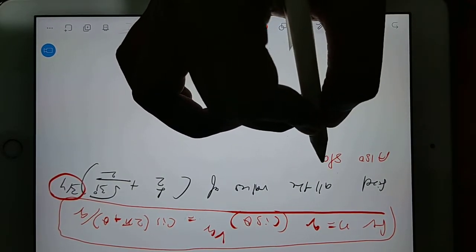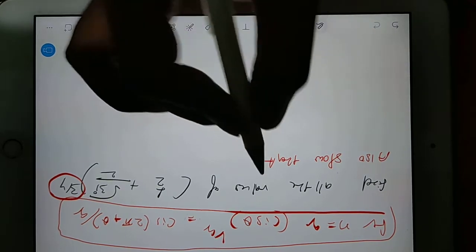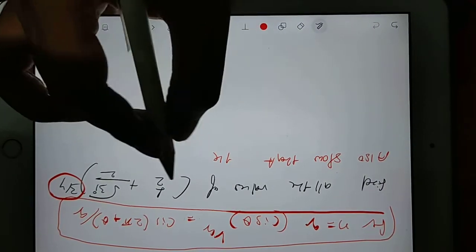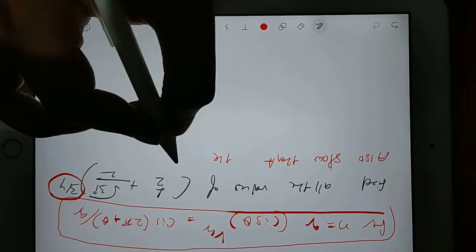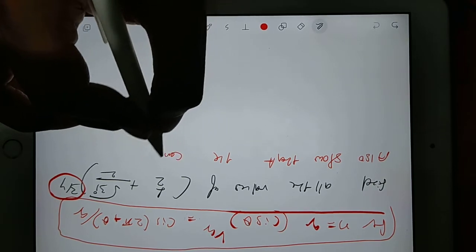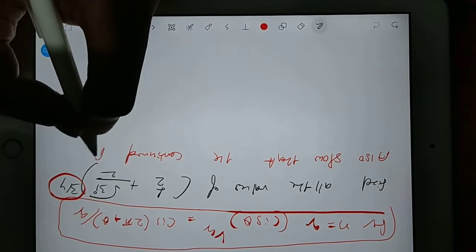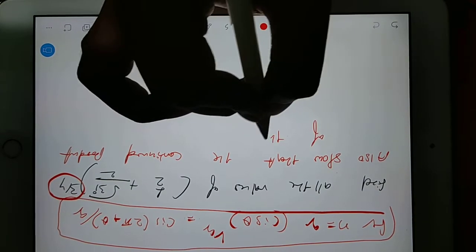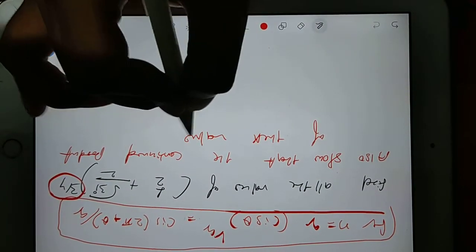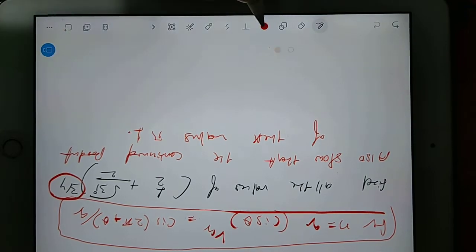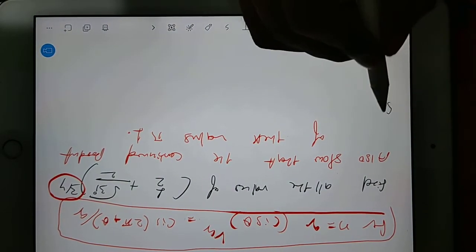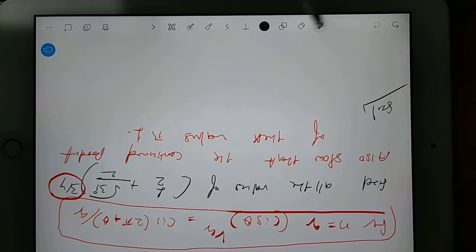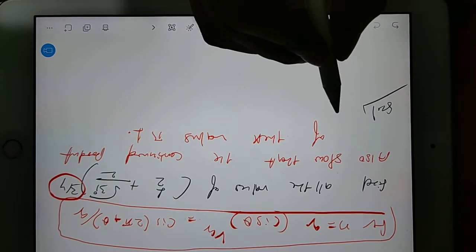Also show that, it is a very good question, the continued product of these values is 1. So if you go for the solution, then